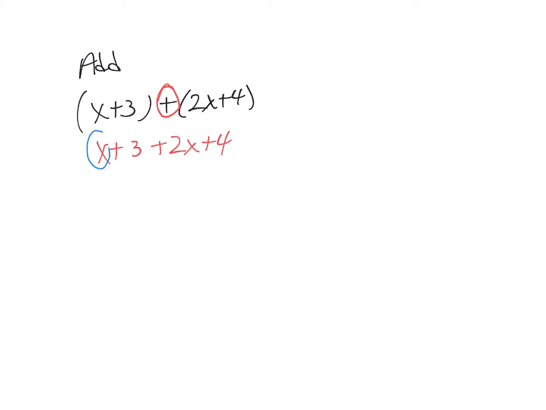So notice I have this x and the 2x. Those are like terms. So there's a 1 in front of this x. So I have 1 plus 2x. So we get 3x. So remember when you add